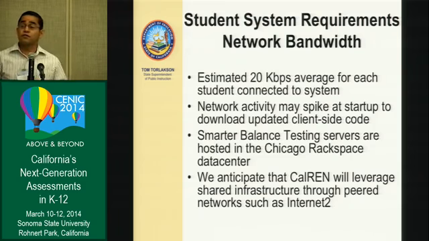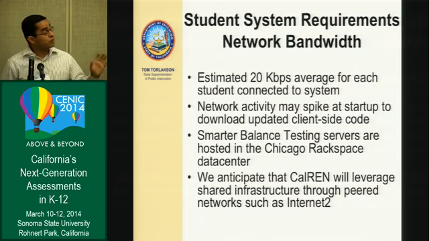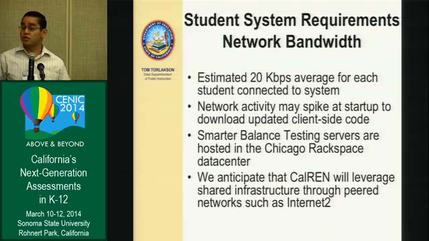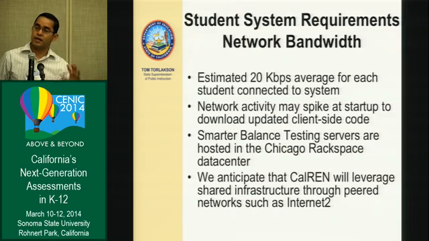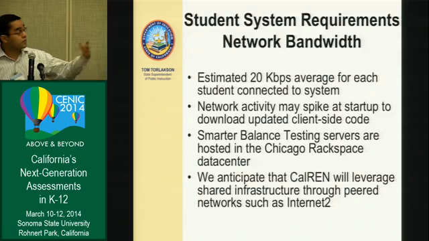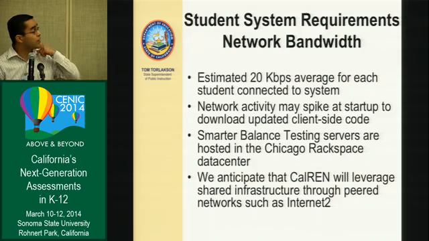For this year, for the field test, we're not in production yet, but for the field test, the servers are going to be hosted in Chicago. And this basically is the servers that are going to serve 23 member states in the consortium. So all those resources are going to be in Chicago rack space, and we've worked very hard to identify the paths from CalREN into the Chicago infrastructure so that we can leverage as much shared infrastructure that is already there, like Internet 2 and some of the other nationwide networks that are out there.